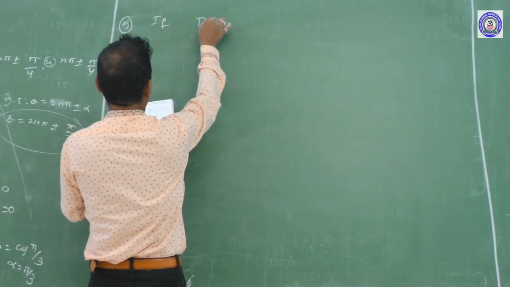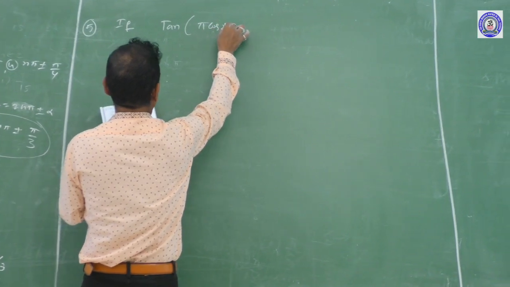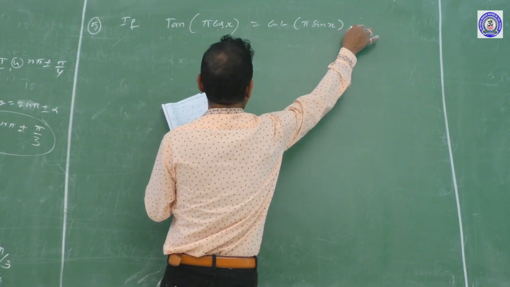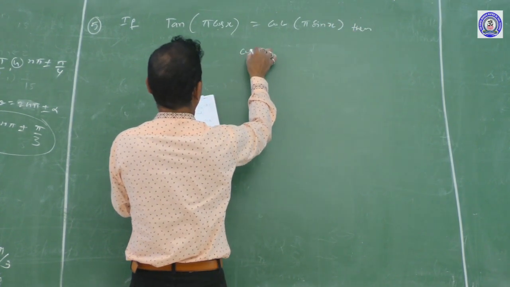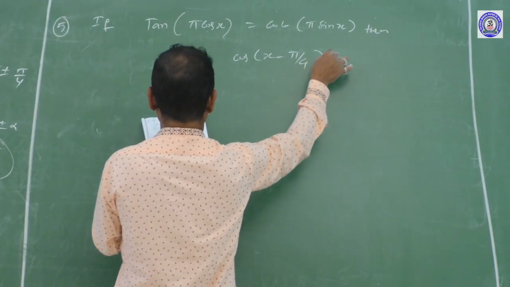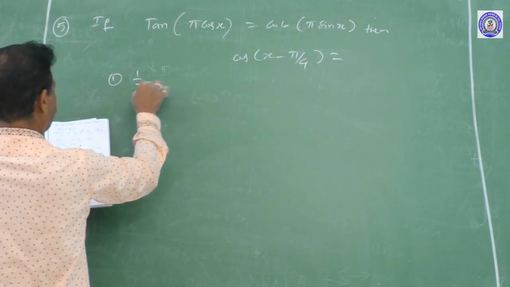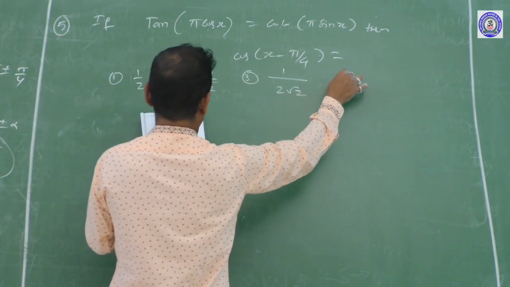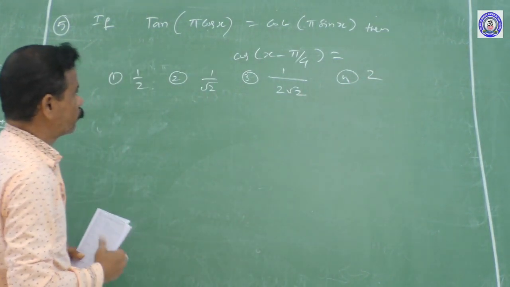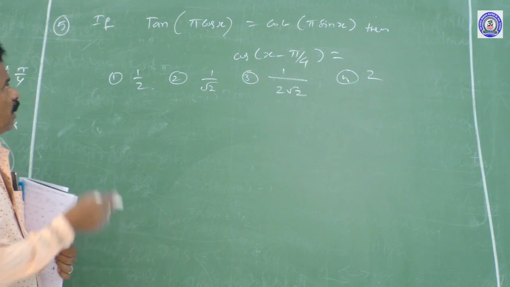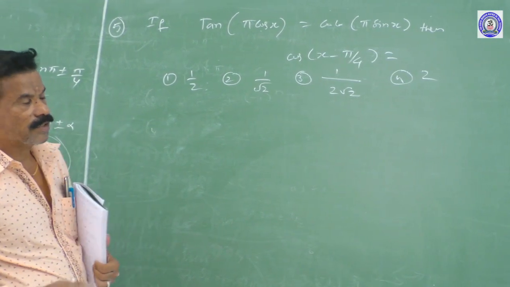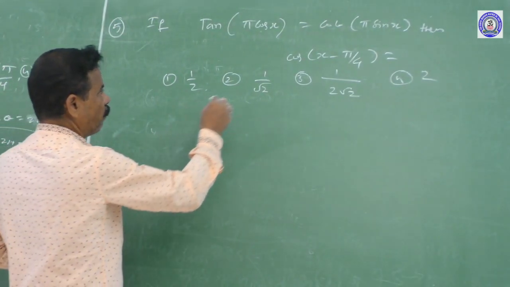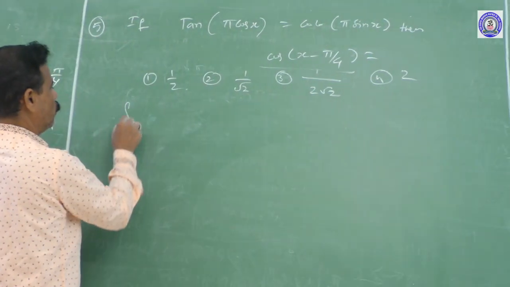If tan 5 cos x is equal to cot 5 sin x, then cos of x minus 5 by 4 is equal to: option 1, 1 by 2; option 2, 1 by root 2; option 3, 1 by 2 root 2; option 4, 2. Here the question is tan 5 cos x equals cot 5 sin x. From that find the cos x minus 5 by 4 value, not the x value. We find the cos x minus 5 by 4 value. Solution: